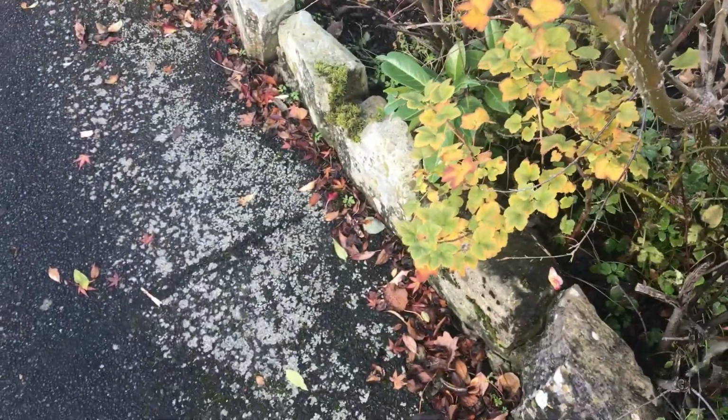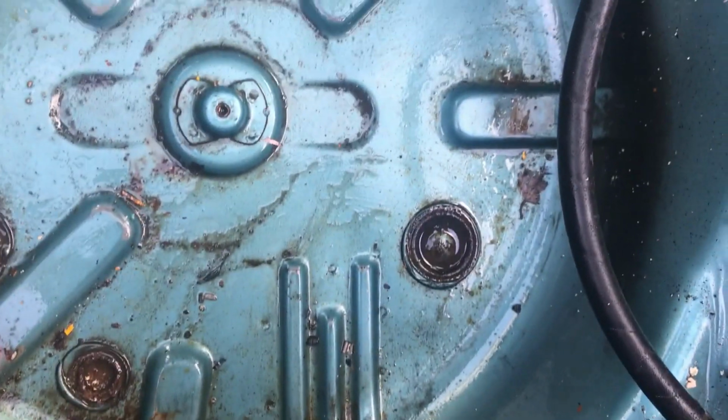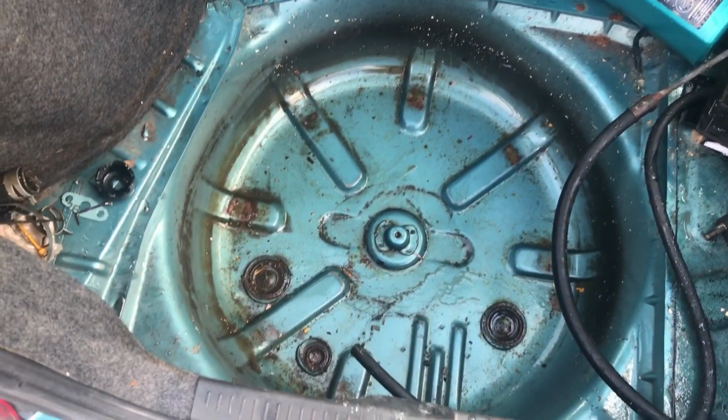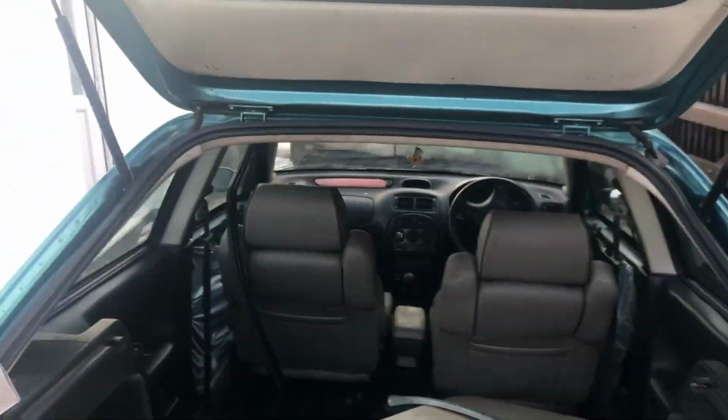Just gonna bail this out in the old tradition of milk bottle. This is really disgusting because it's quite stagnant water. I should probably just drill a hole in it, but with no power, I don't really want to just put a chisel through it. Fun. That's all bailed out now, and really no rust, which is great. That's just sort of abrasions where the old spare wheel would have been chattering, but there's no nasty rusty bits, so I'm mightily relieved, because this thing really is quite fetid inside, lots of moisture,